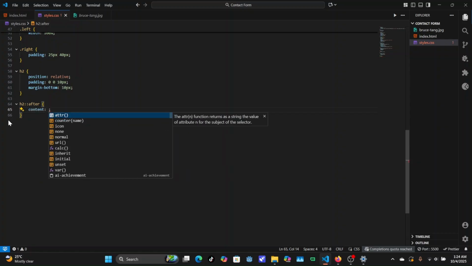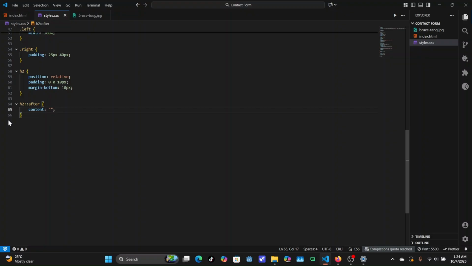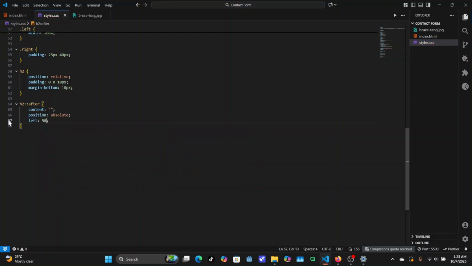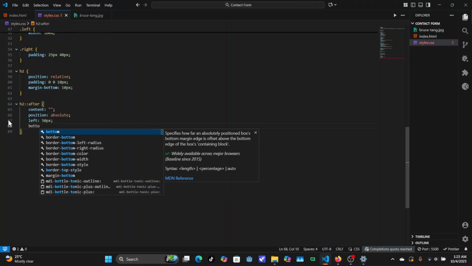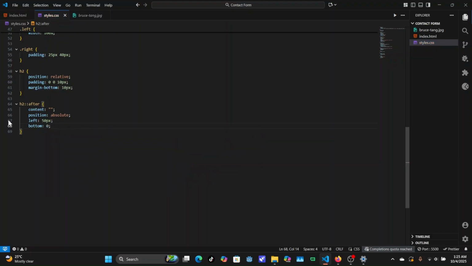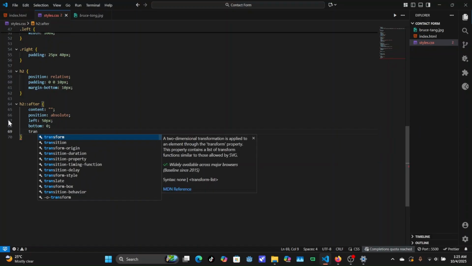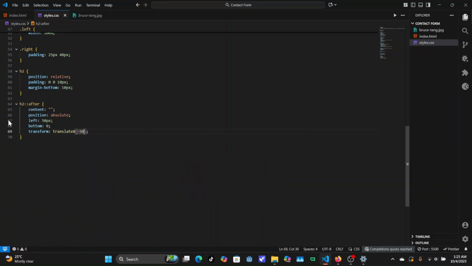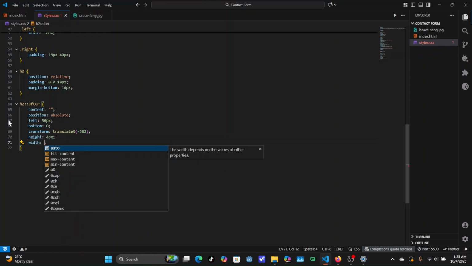Say content, position absolute, left 50 pixel, bottom 0, transform, say translate x minus 50%, and then the height here should be 4 pixel, the width 50 pixels,